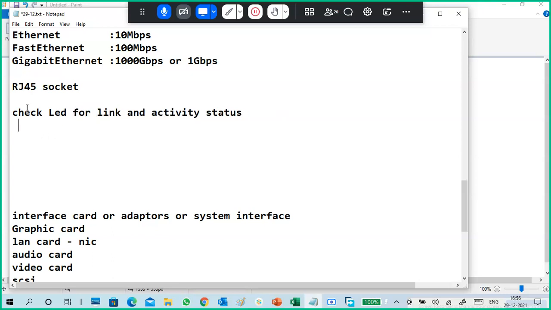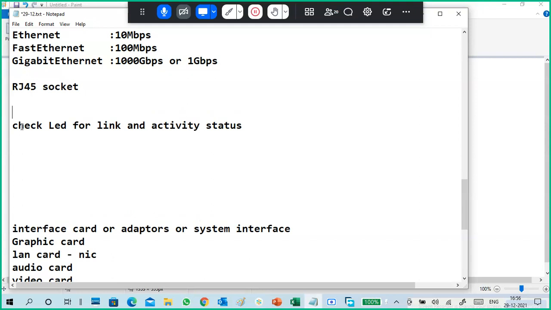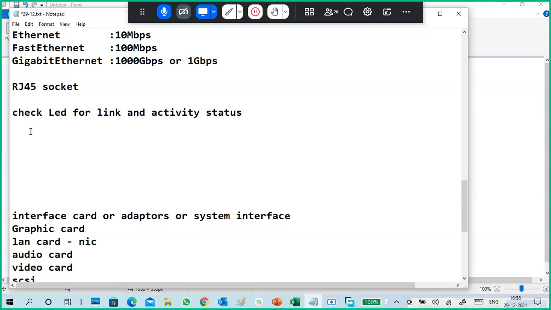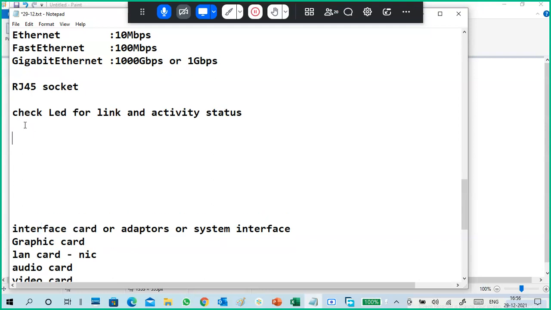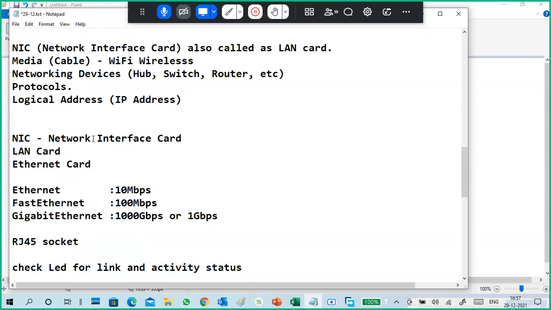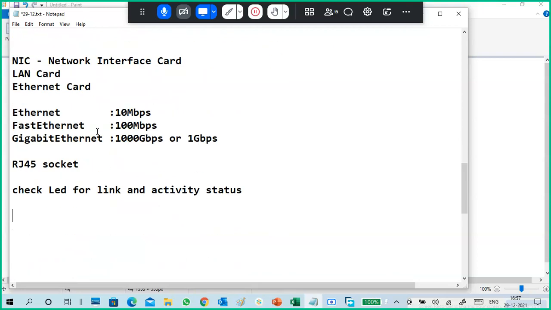See, this is one troubleshooting step. If you are not getting internet, there is some issue or the internet connection is slow, what to do? Check the link and activity status. Go to that picture and understand.